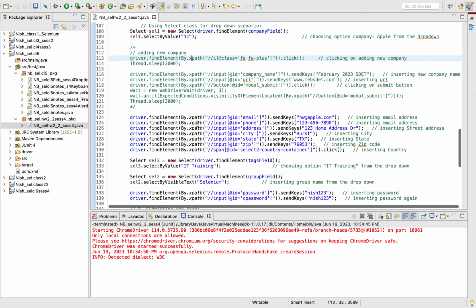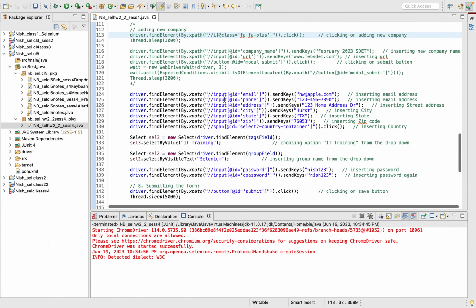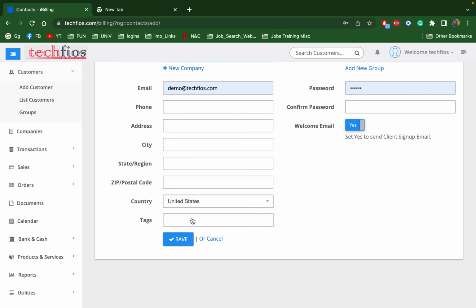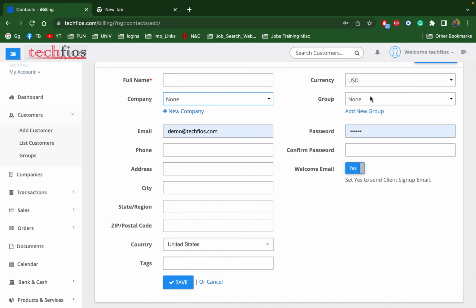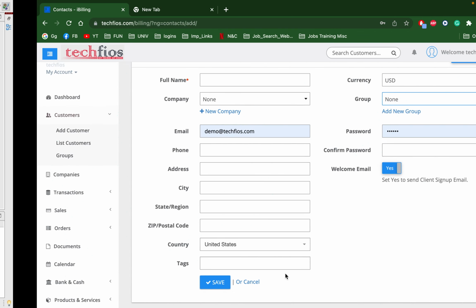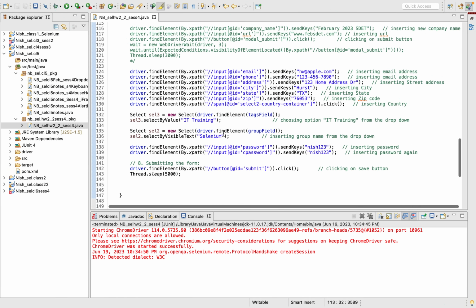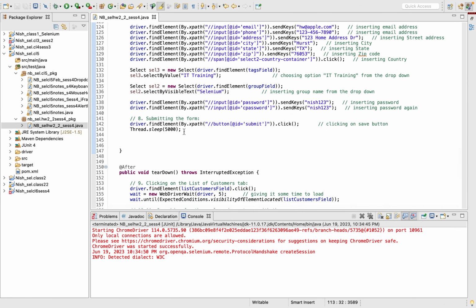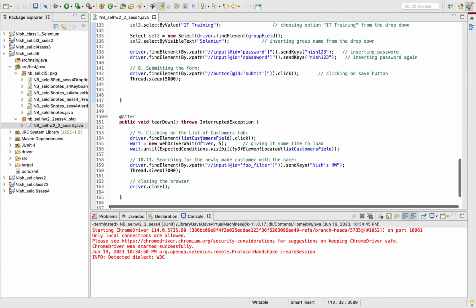Okay, if I remember. But this is just the personal information, the contact information, all the way down to tags, password, group, and confirming password, all those things. And as you go down, this is just hitting the submit button with some kind of wait delay for 5 seconds. And my act after has the teardown method,